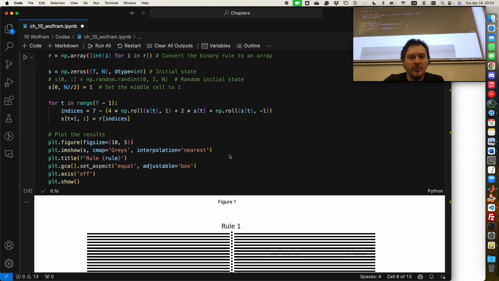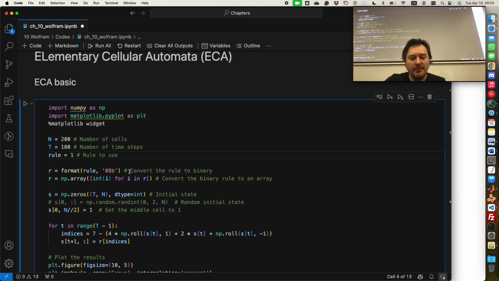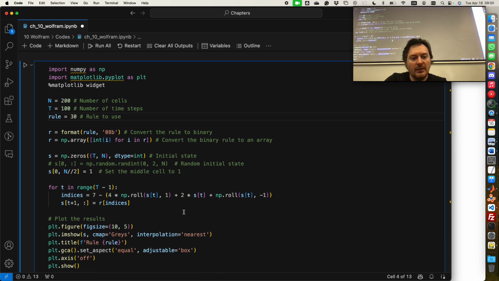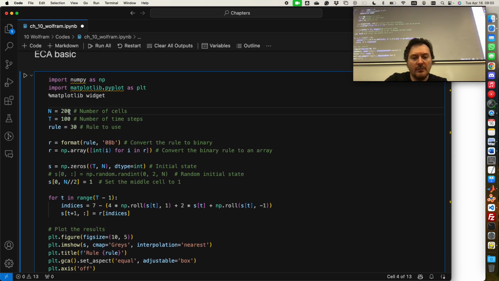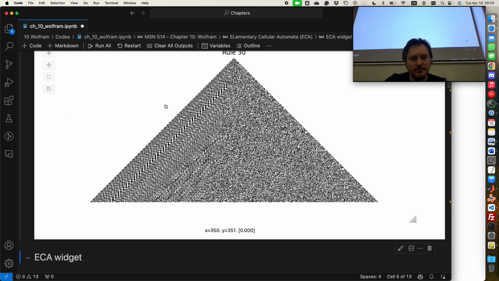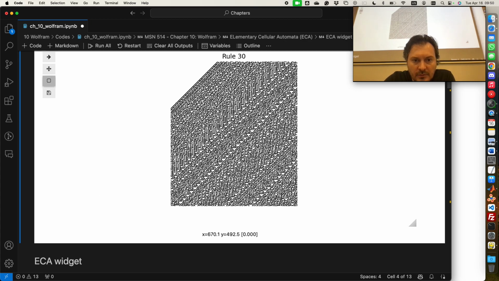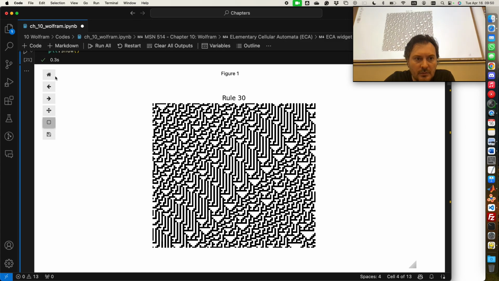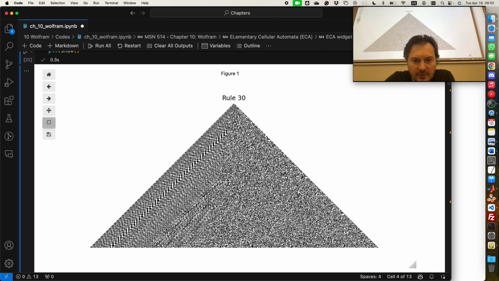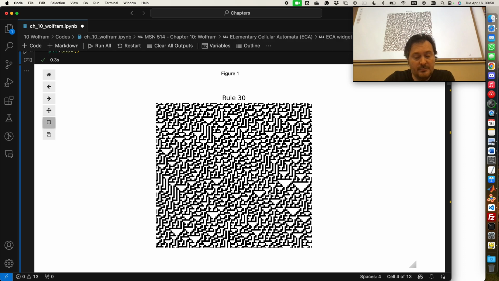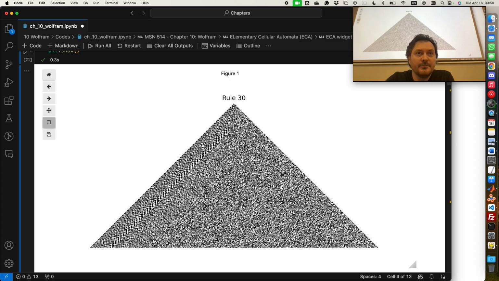Let me just go back here and write rule 30 and go all the way. Okay, so in rule 30 you have this ordered side to the left, something ordered on the left, but highly chaotic stuff going on over here to the right. Okay, something very, very peculiar discovered by the telescope.